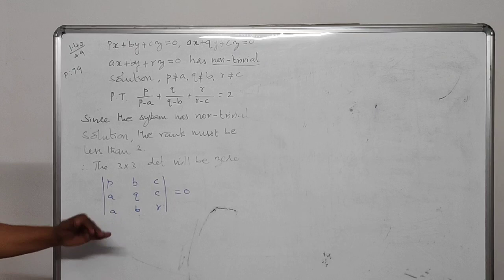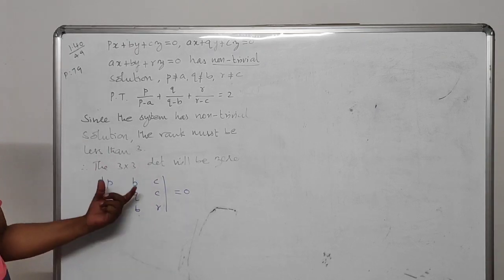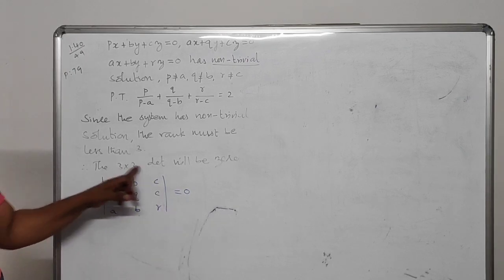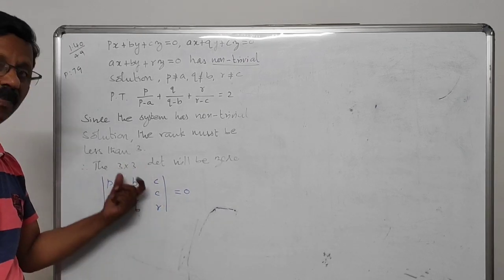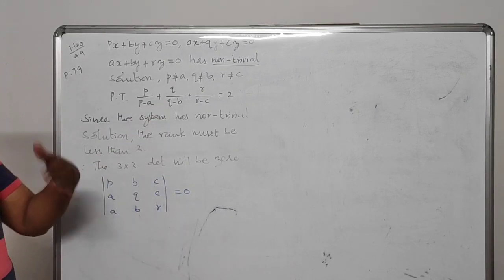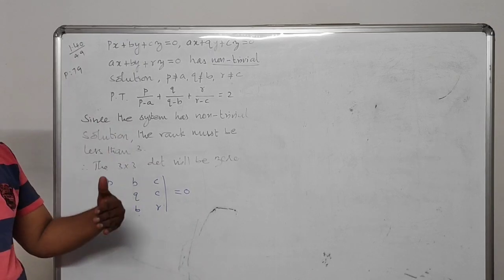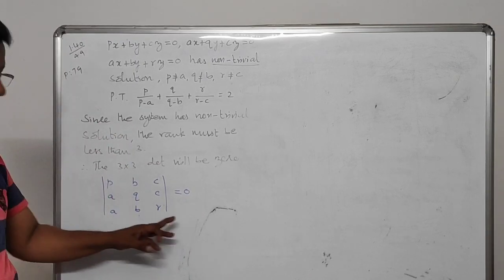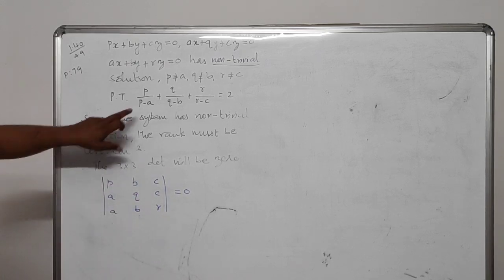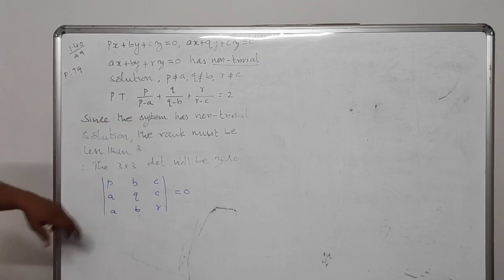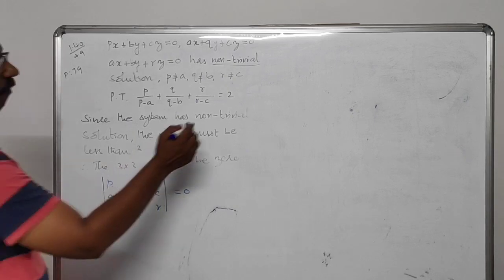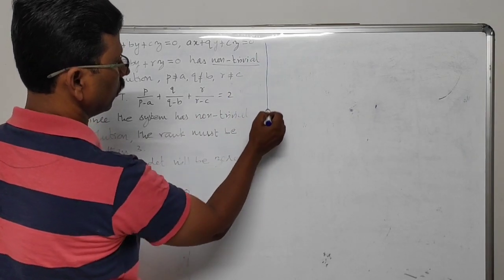For that, again like the previous problem, before expanding this one, it is better to simplify. Then we can easily expand the determinant. If you expand this determinant directly, it is very tedious to prove this result. Therefore, we can simplify. See, in the previous problem, the same value 3λ - 8 was repeating, but here all are different values. Therefore, you do not bother. Here p minus a is there, here p, this is a. Therefore, we subtract the first row from the other two rows. Therefore, here we can do like this.